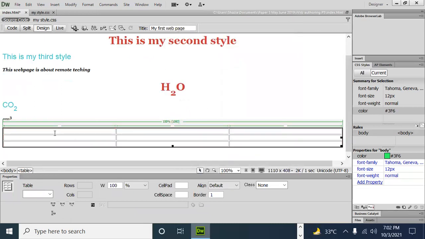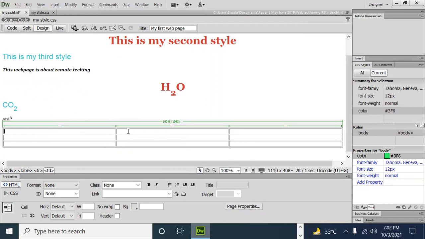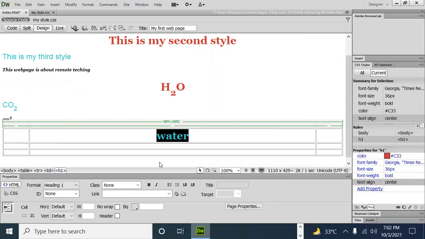So now type anything here. Suppose I write here water. Then give a heading to this, go and select heading H1 because it's my heading.